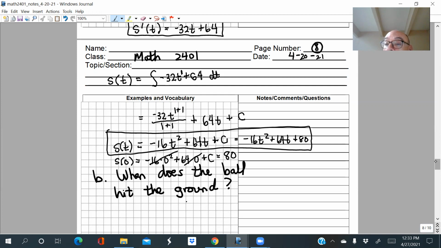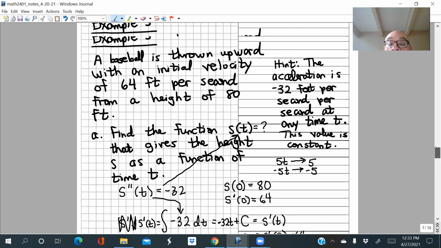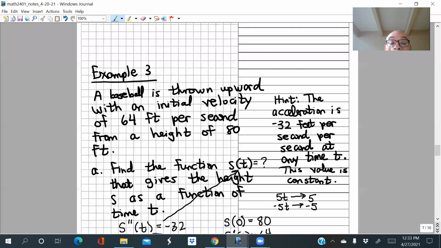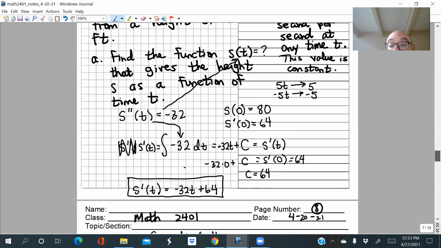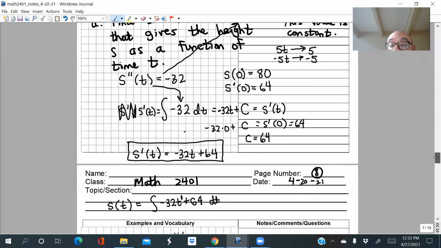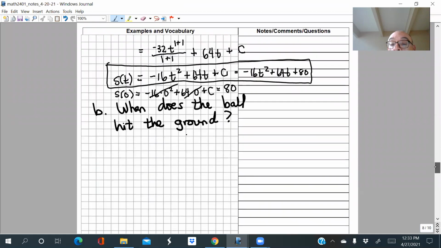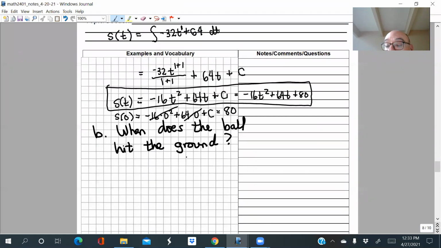Okay, notice we didn't start off with much information, right? We had how high the ball was when we threw it. We knew what its initial velocity was, so we knew its rate of change. We had information about the rate of change, and we just happen to know from physics that the acceleration of any object under the Earth's gravity is going to be minus 32 feet per second squared. That's just a given because that's just a fact from physics. Okay, so just using those little pieces of information, now we have a formula we can use to determine how high the ball is at any instant.